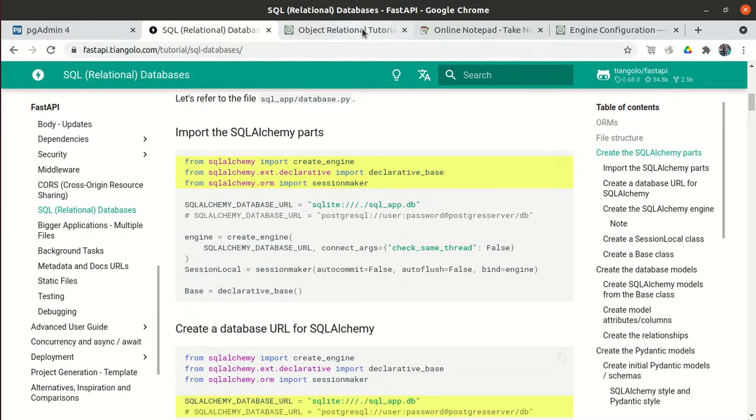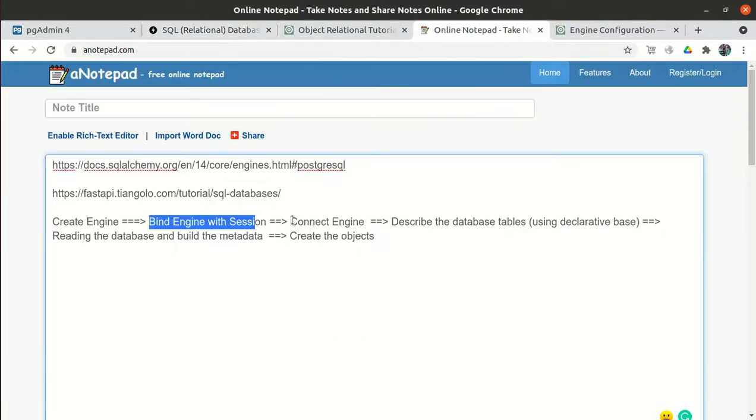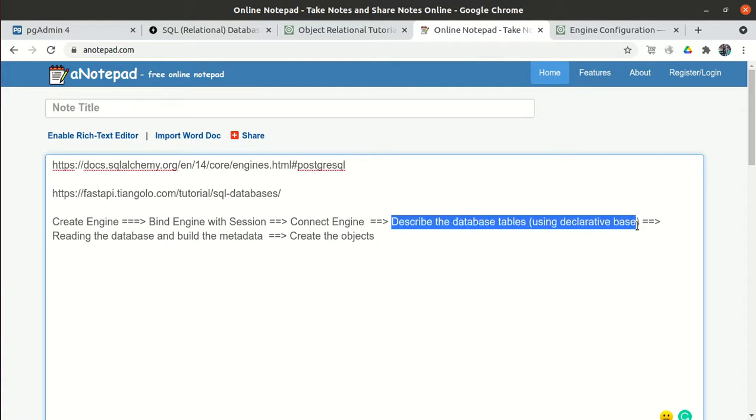The third thing is, as I told you, we have to connect to the engine. Just forget this for now. The other thing is we have to define our tables, and we define them in the form of classes. How does a table know which database it is related to?